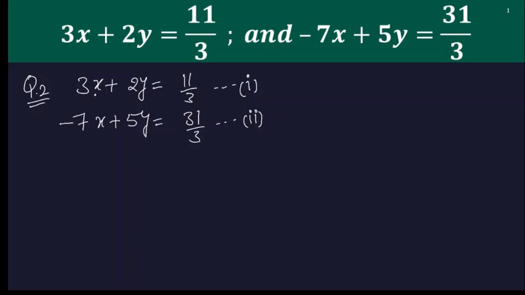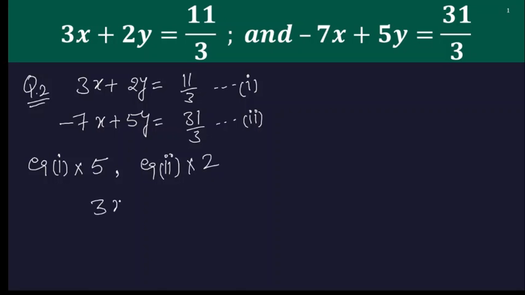Here I am finding the coefficient of x in the first equation is 3, in the second equation is minus 7, and the coefficient of y in the first equation is 2 and in the second equation 5. So compared to 3 and 7, I found 2 and 5 are lesser in numerical value. So this time I want to eliminate the term of y. For that, we have to exchange the coefficients. Equation 1 is to be multiplied by 5 and equation 2 is to be multiplied by,